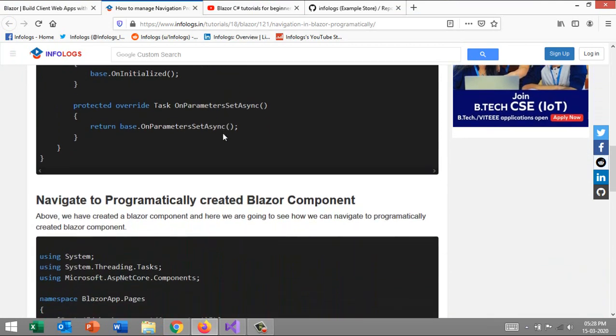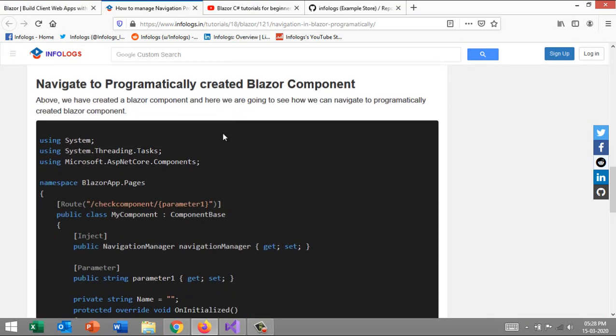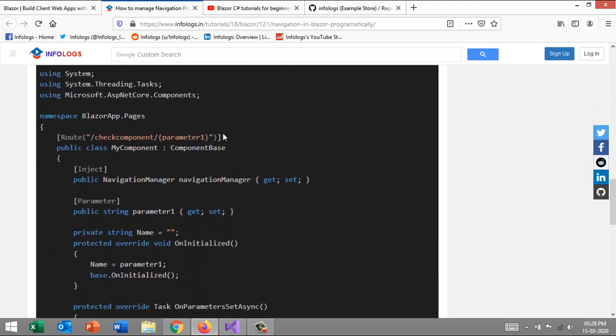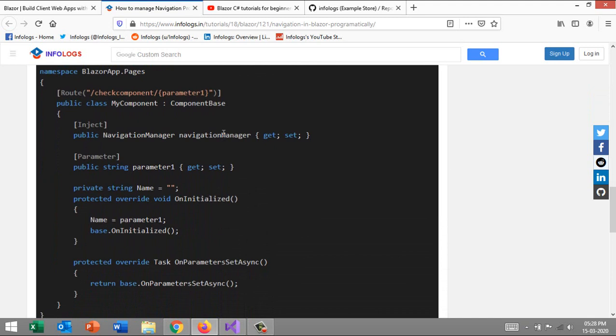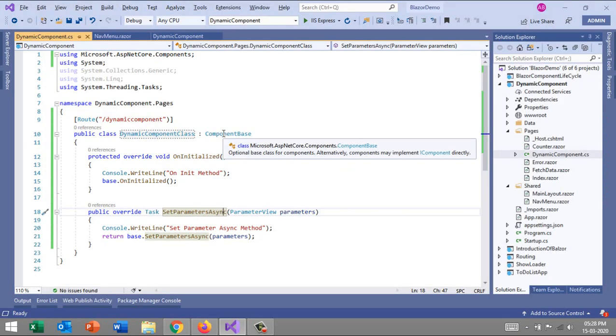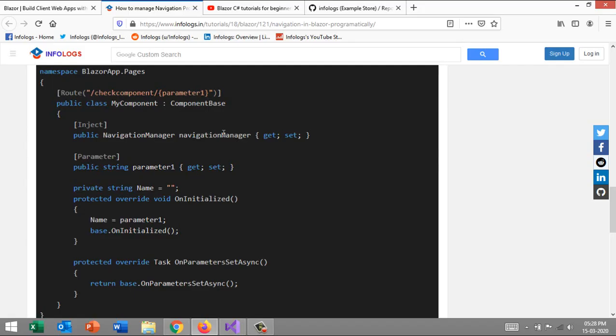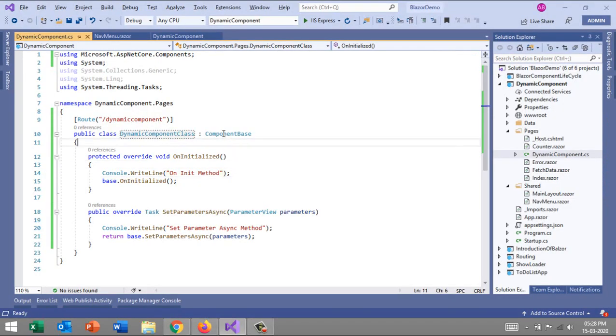Let's go ahead and navigate to the programmatically created Blazor component, where we are accepting parameters and then navigating to the other stuff, right? So here, on initialized, how do we inject?